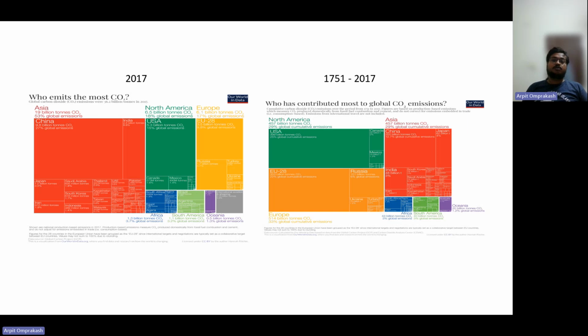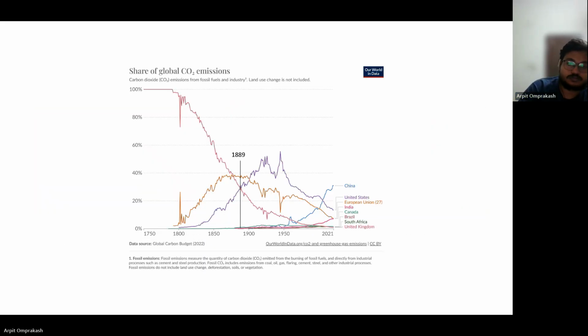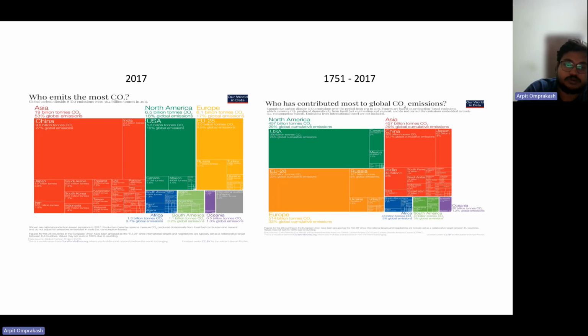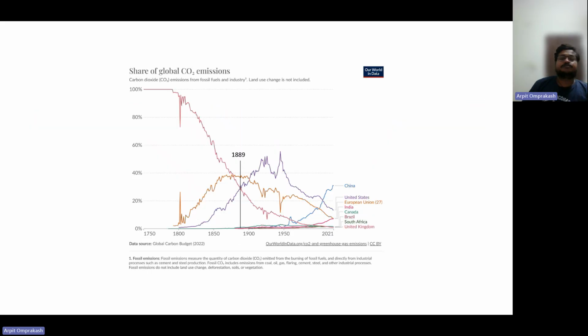But if you look at who has contributed most to global carbon dioxide emissions, you can see that clearly things change. 29% of the global cumulative is from North America, where 25% is by USA, compared to 22% for EU28, and other places such as India and China are respectively at 3% and 12.7%, which is quite low, right, compared to other countries. So what do we do, right? How do we deal with things? These are the kinds of things that they think about as they come across, right?